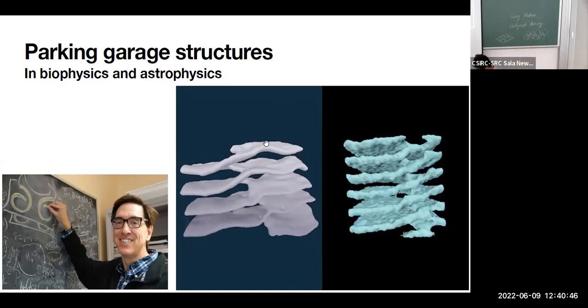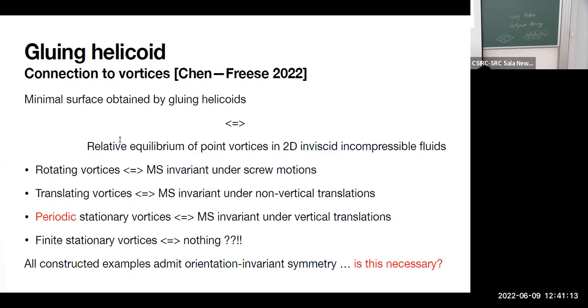And then he heard my work on the triple barrier surface. Then he visited me in Göttingen and said, okay, I really would like to see how the garages and the staircases interact. So I said, well, I know that Chen and Weber have a paper doing helicoids together, so maybe we can do something. It turns out a student of Weber was also doing this. But then I noticed something